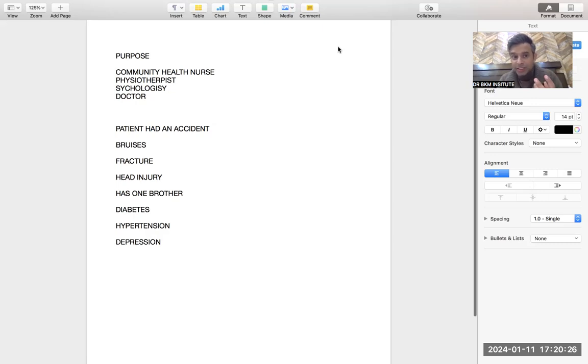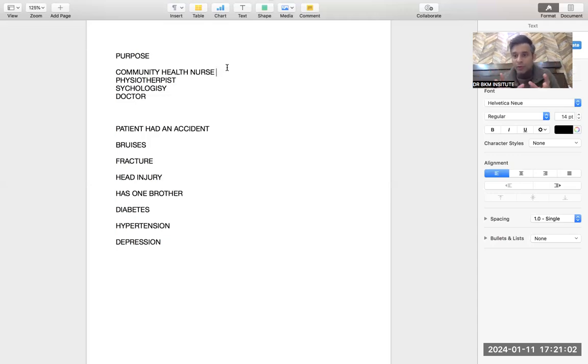That is what you need to understand. That is how simple OET writing is. If you are writing to a community health nurse, the community health nurse has nothing to do with the accident, but he or she will provide follow-up care. So not concerned about the fracture, but about post-fracture care. The fracture would be dealt with by an orthopedician. He will put plaster of Paris or a plaster cast. Then the patient will be given the follow-up care, and the follow-up care would be provided by the community health nurse.